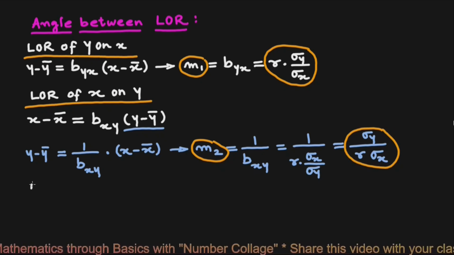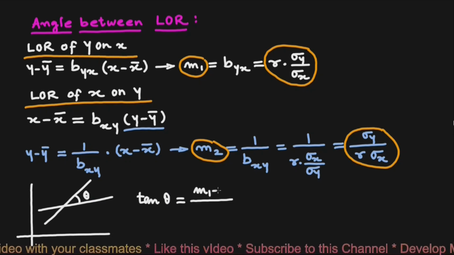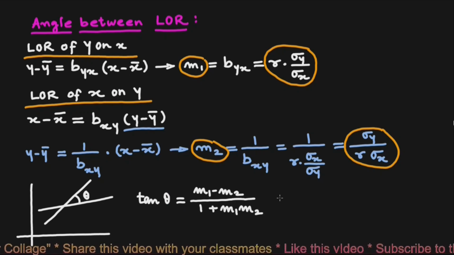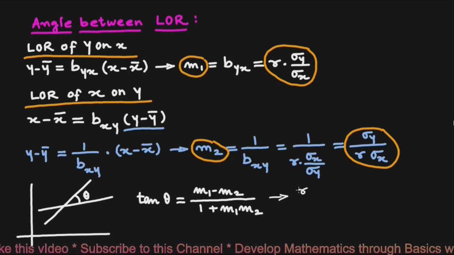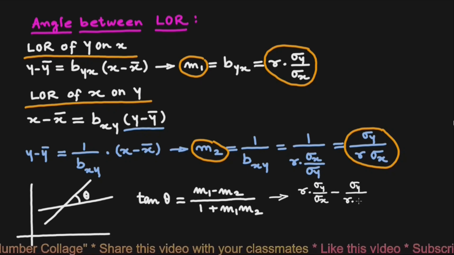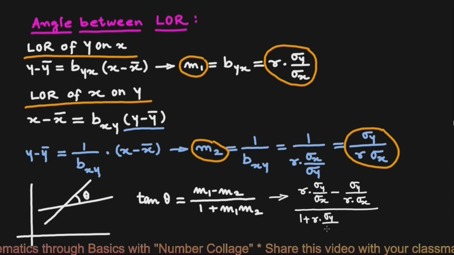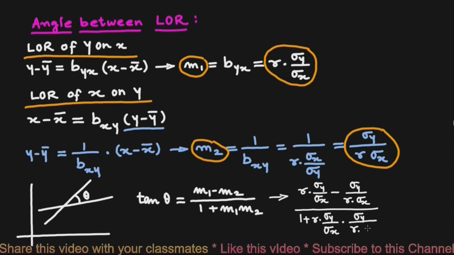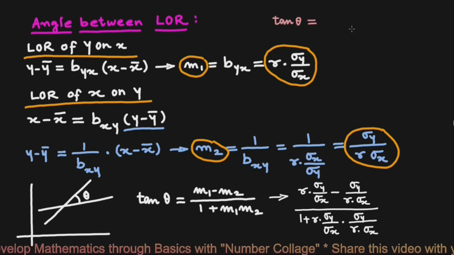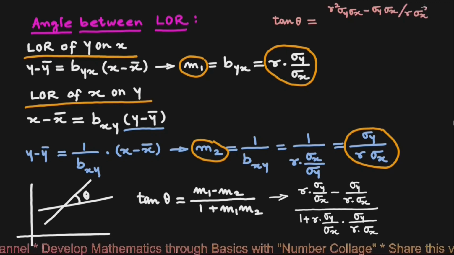Now if theta is the acute angle between the lines of regression, then tan theta equals (m1 minus m2) upon (1 plus m1 m2). Substituting the values of m1 and m2, we get (r times sigma y by sigma x minus sigma y by (r times sigma x)) upon (1 plus r times sigma y by sigma x times sigma y by (r times sigma x)). Tan theta equals (r square sigma y sigma x minus sigma y sigma x) upon r sigma x square